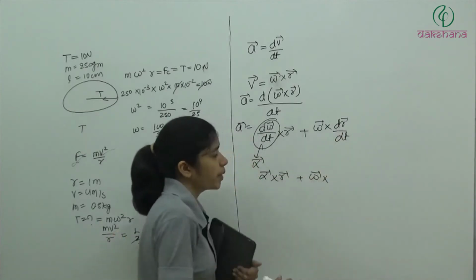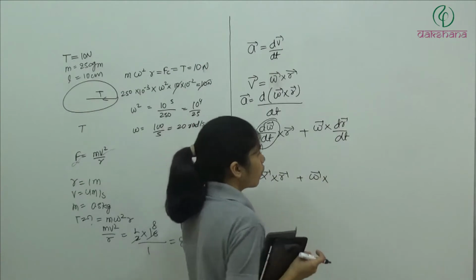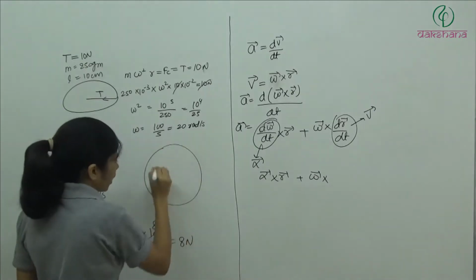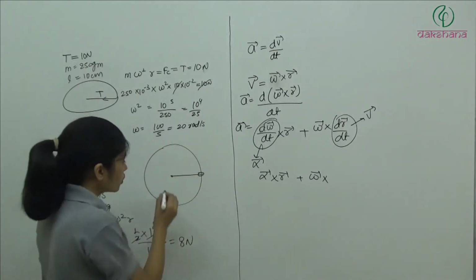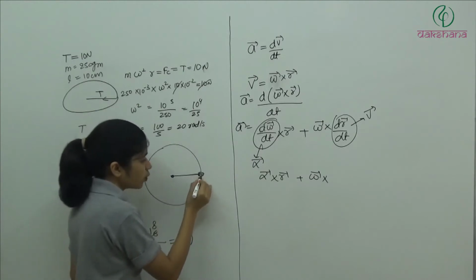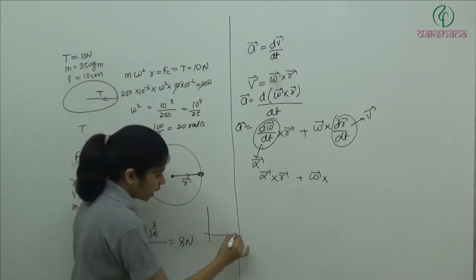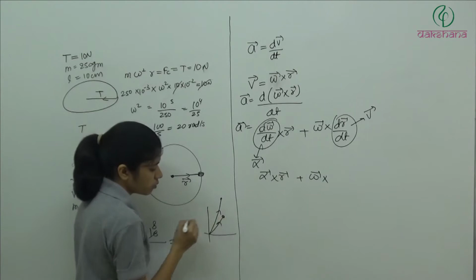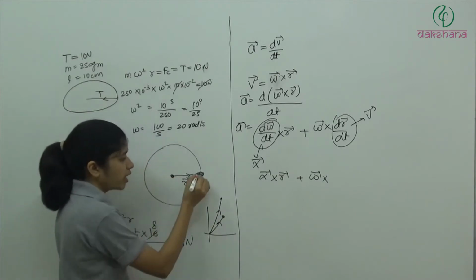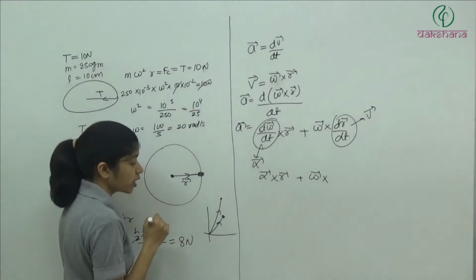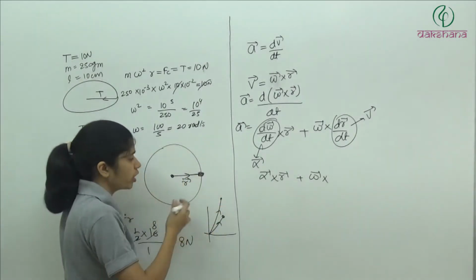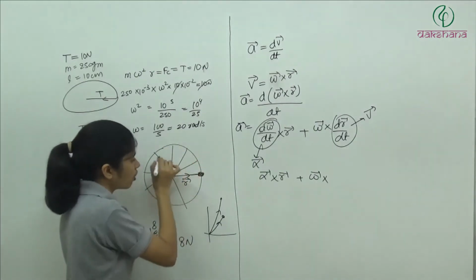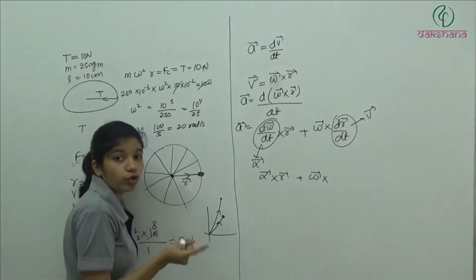And what is this? Many students were confused how we can call this the velocity of the particle. So if you see, we have an object performing circular motion. This is the origin, and from here this is the position vector of the object. In any coordinate system, if the object is kept here, this is its position vector. Now in circular motion the radius is constant. The circle is such that the distance of the object from the origin is always r. But if you talk about the vector, then you will see direction also.